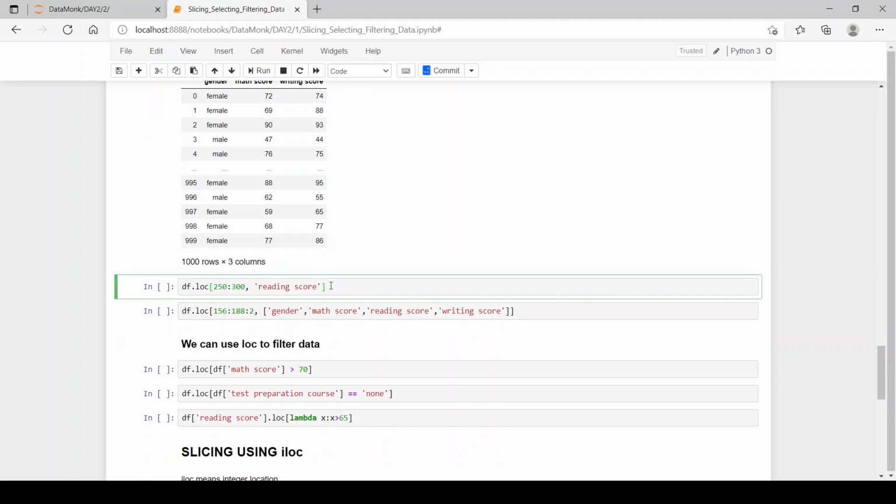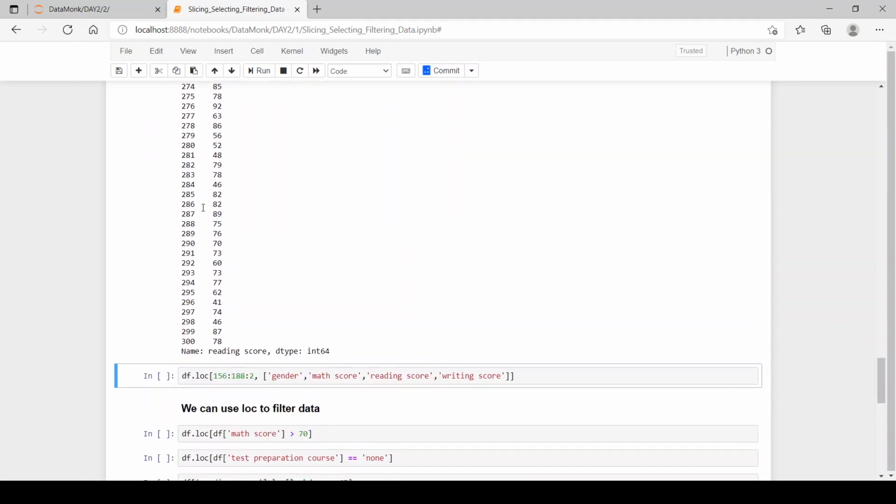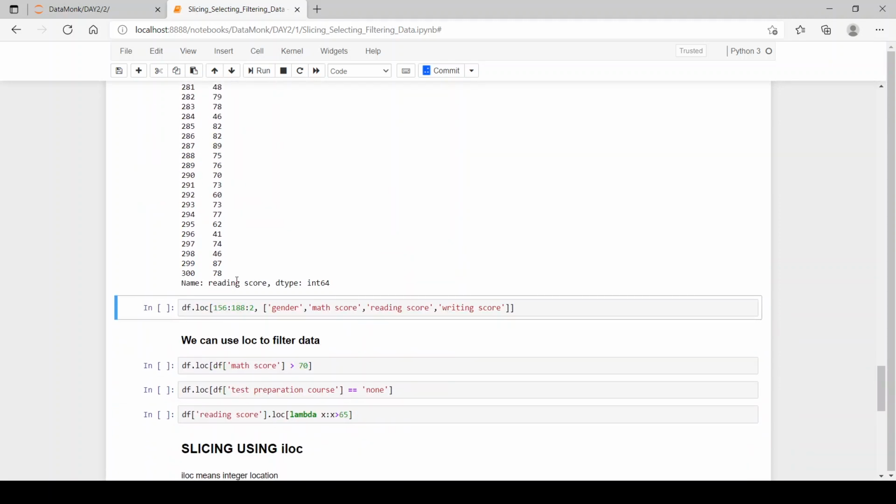Now, if we want only a specific number of rows from the column, say I want only rows 250 to 300 from reading score, we can use this function to do the same. So we have the 250th row to 300 from the reading score column, which has a data type of integer.